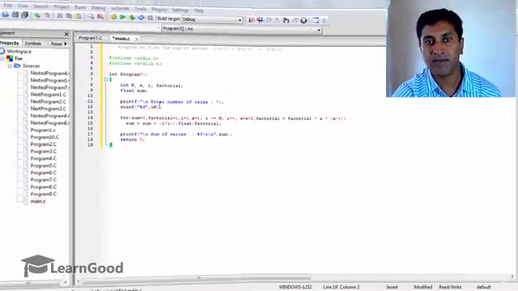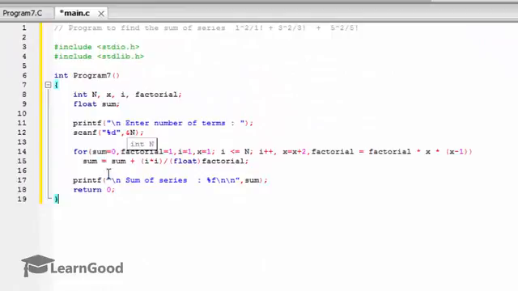We have accepted the number of terms in n, and in the for statement I have initialized sum equals to 0, factorial as 1, and i is going to keep track of the number of terms, and x will generate an odd number, that is 1, 3, 5. So it's been initialized to 1, and the condition is going to be i is less than or equal to n, and i plus plus, and here x equals x plus 2, it's going to generate odd numbers, and then factorial equals factorial into x minus 1,